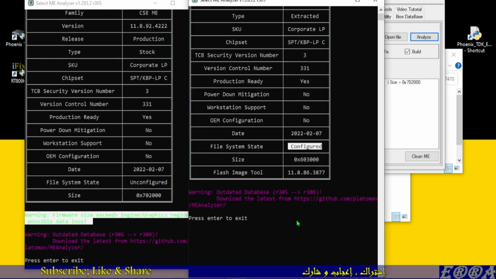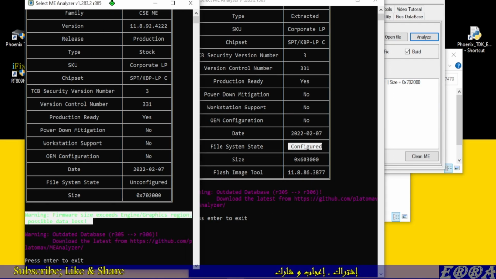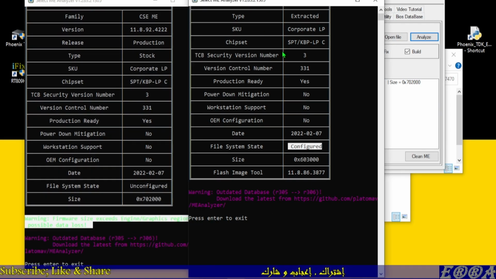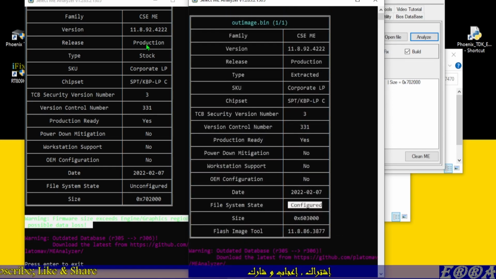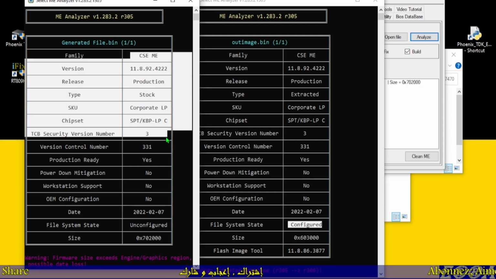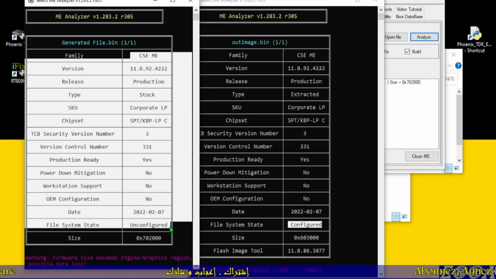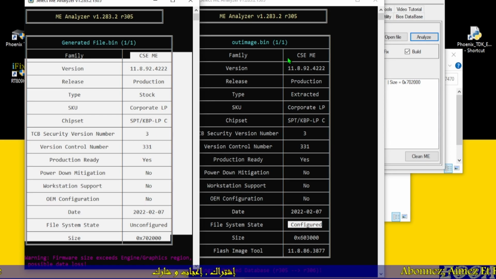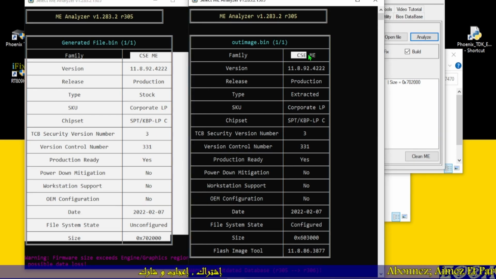And here we don't have that message anymore, so the file now is ready to be used with our machine. That's it. This is how we build a new file for any machine if we have lost the original